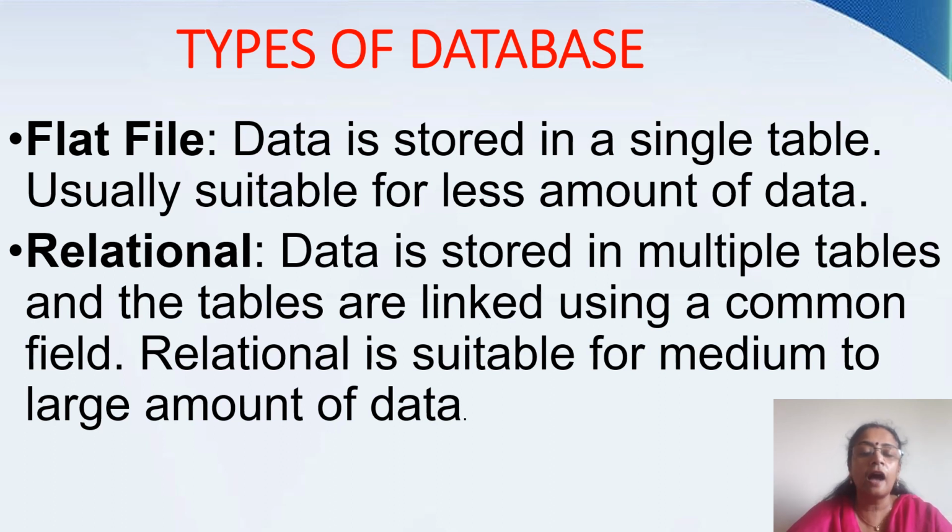And there are other tables also, for example, we can have an activity table, and another table which contains all the marks of the students. So the data of the entire organization is divided into different tables in the same database, and each of these tables is related to one another with some common key. This is what is called a relational file. So the two types of databases are the flat file database and the relational database.